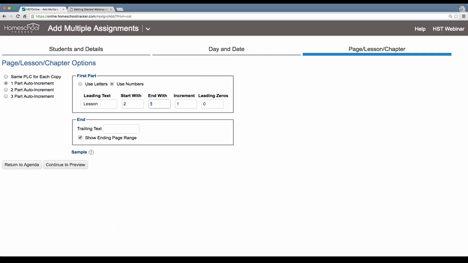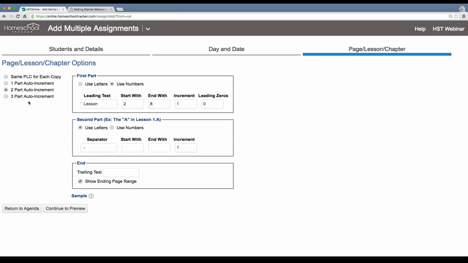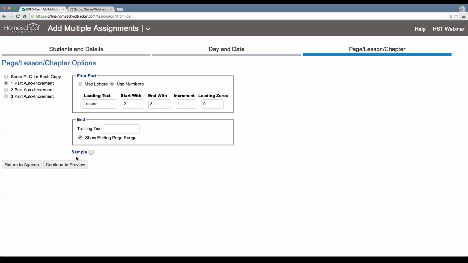And I'm going to end with lesson, let's see. Let's go to lesson 8. I think this will work out. And we'll increment by 1. Okay? And now, just to show you real briefly, if you wanted to do a 2-part auto increment, this is where you might want to say something like lesson 1.a, lesson 1.b, lesson 1.3, lesson 2.a. You know, that's essentially 2 parts automatically incrementing,